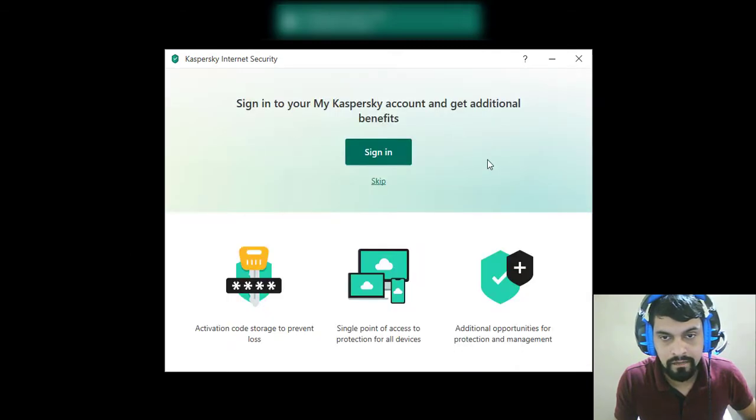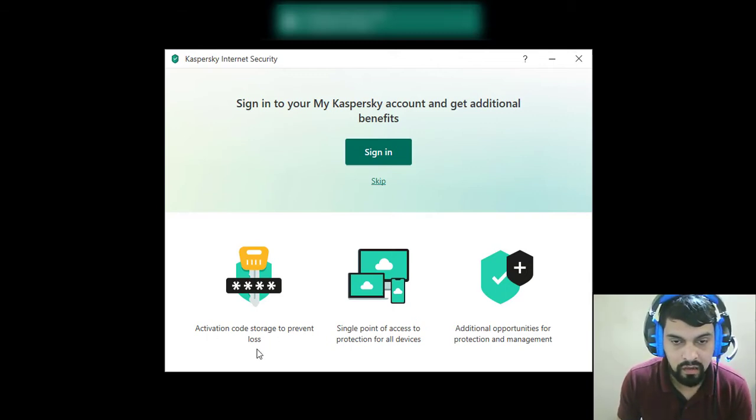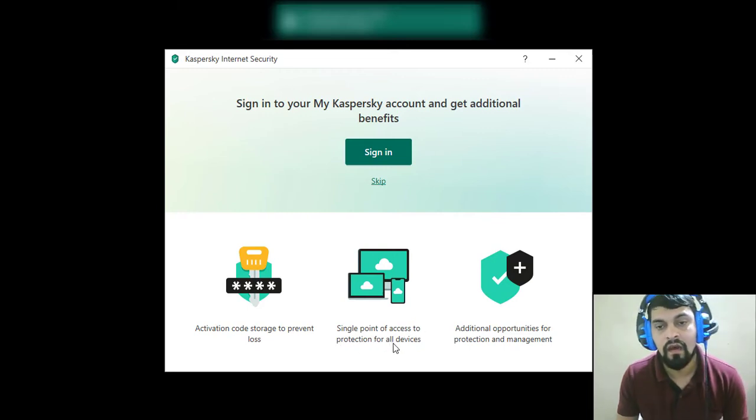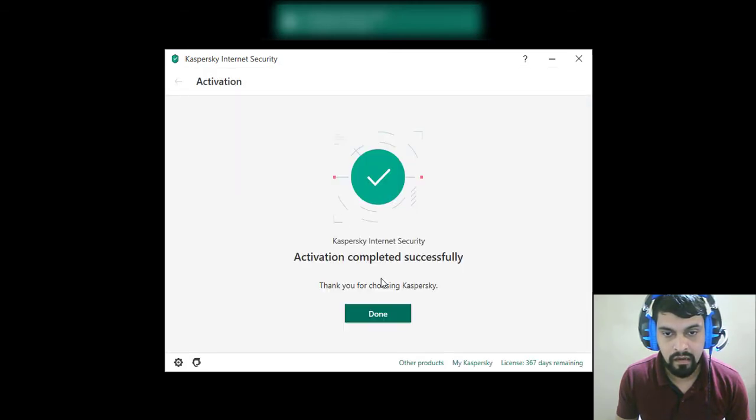It's done. Activation code storage to prevent the loss. Single point of access to protection for all devices. Okay, additional opportunities for protection and management. So right now let's keep the sign in.